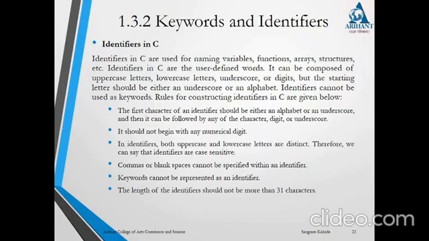As per my knowledge, there are hardly any identifiers that cross this limit, because we use identifiers which are meaningful. Like variables related to a student: roll number, name, address, mobile number, etc. Those are meaningful identifiers and they won't generally cross 31 characters.